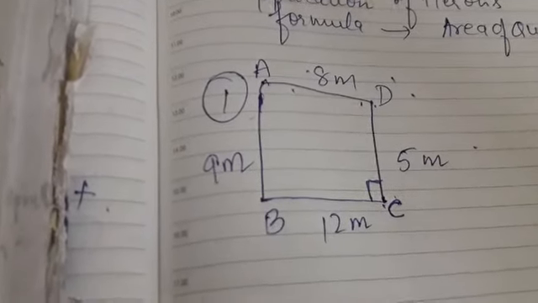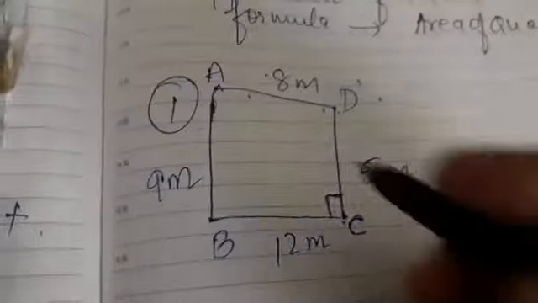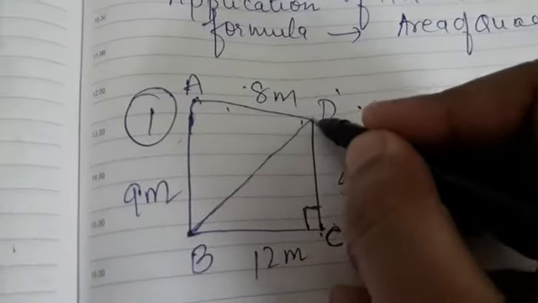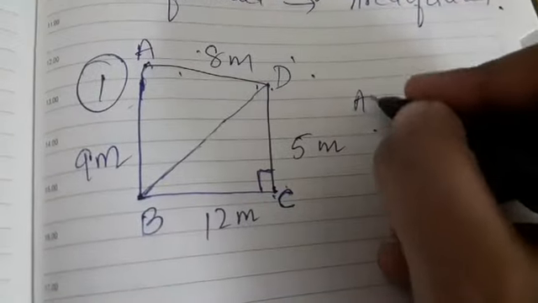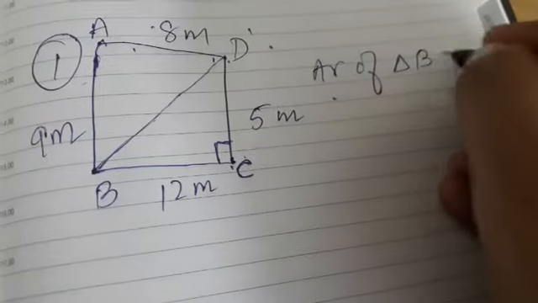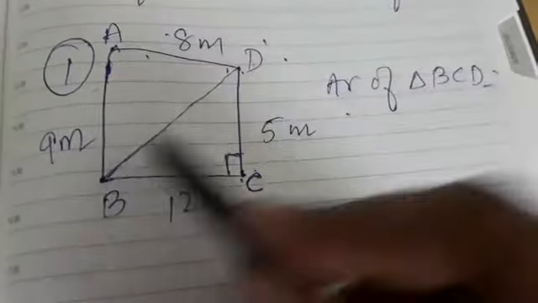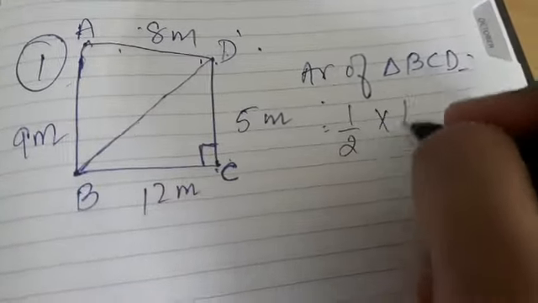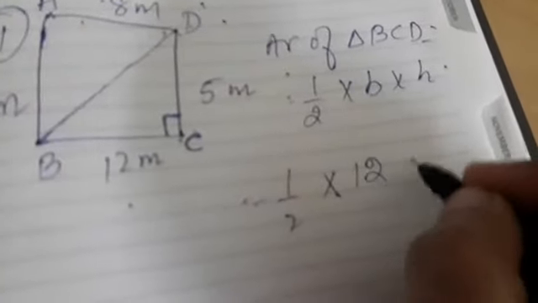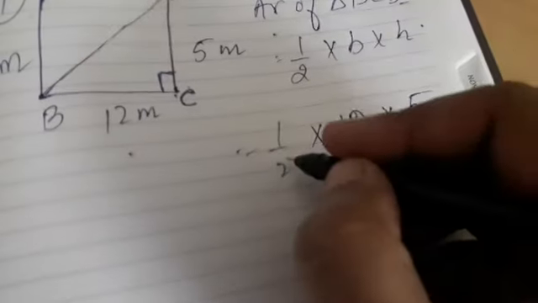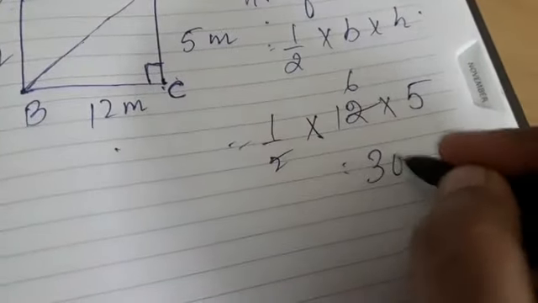Now to find the area of the quadrilateral, let us divide it into two triangles. And which formula are we going to use? Either half into base into height, if it is applicable in some of the questions, or Heron's formula. Now when I look at the triangle BCD, children, you can see that this is a right angle triangle. We can apply the formula half into base into height. Half into, what is the base? 12, height 5. So here I get 30 meter square. This is the area of triangle BCD.